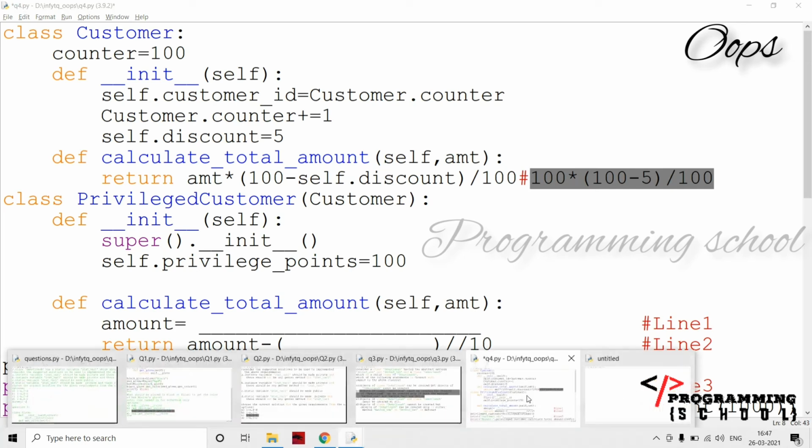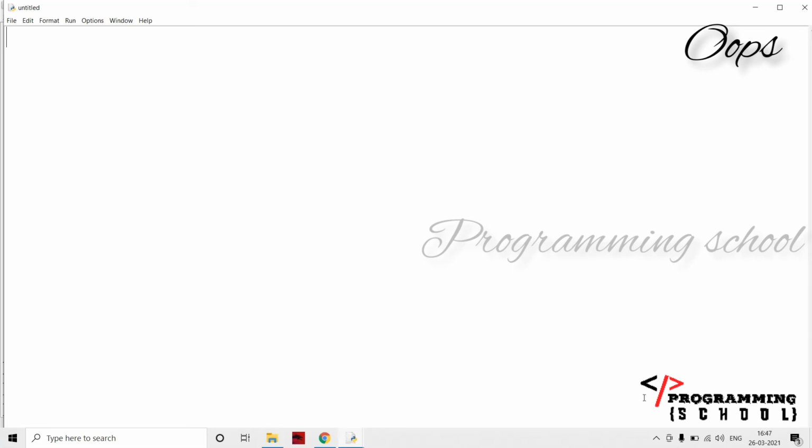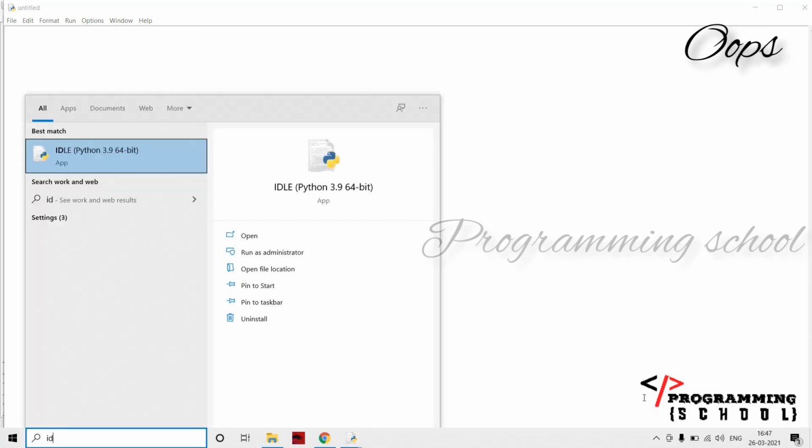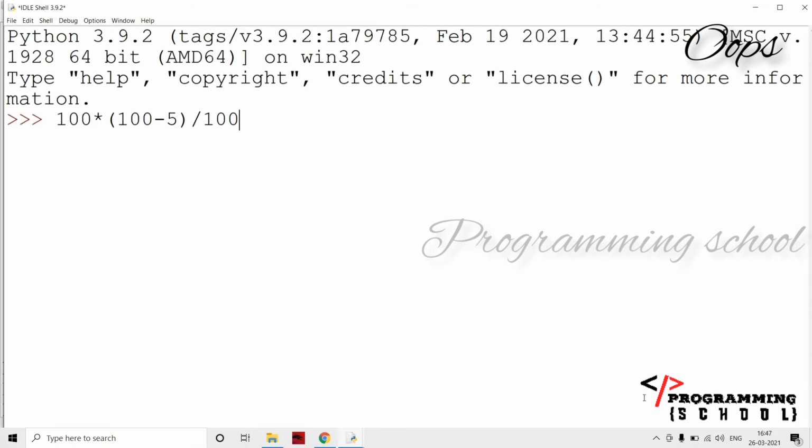Simply I am going to find that if I am going to execute this one, this is going to be 95%. It is going to be 1000 into, right? 1000 into like this, that is going to be 950.